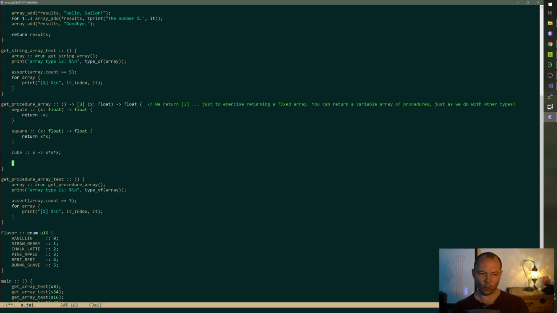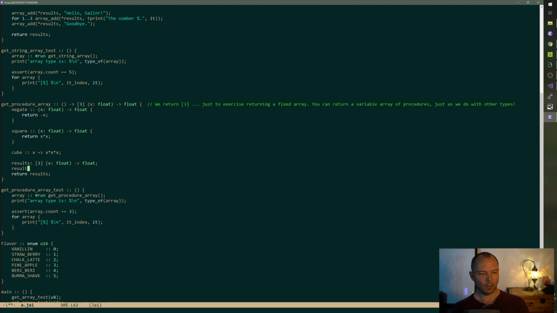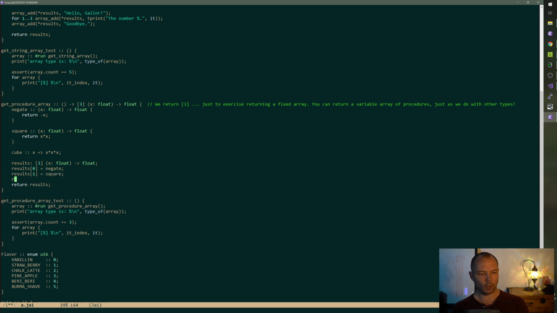My brain just totally froze right there thinking about something else. Okay, results is an array of 3. Not a pointer to float, just that. Return results. Okay, results of 0 is negate. Results of 1 is square. Results of 2 is cube. I sure hope that works.